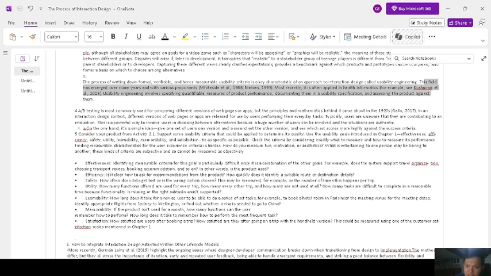iterates. This field has emerged over many years and with various proponents in 1998 and 1993. Most recently, it is often applied in health informatics. For example, C. Kushniruk in 2015. Usability engineering involves specifying quantifiable measures of product performance, documenting them in a usability specification, and assessing